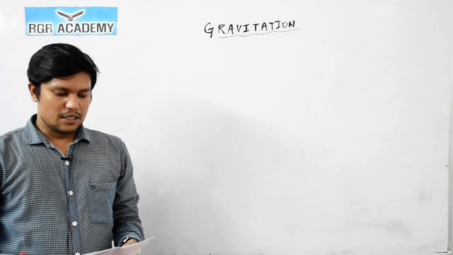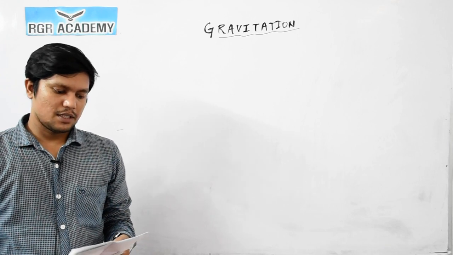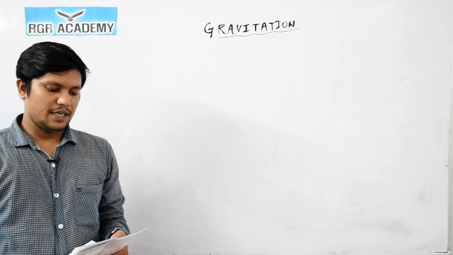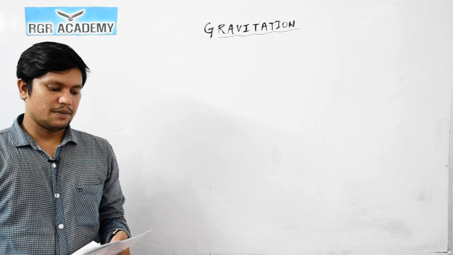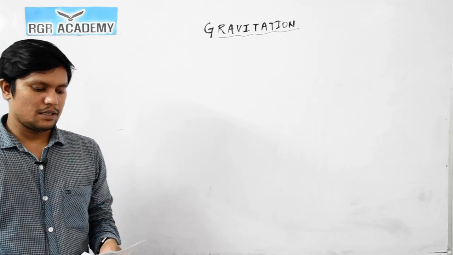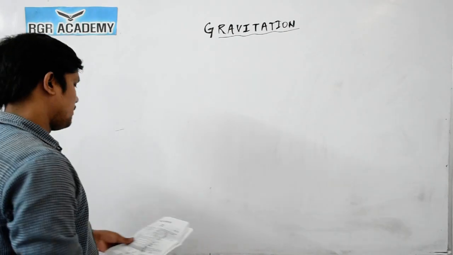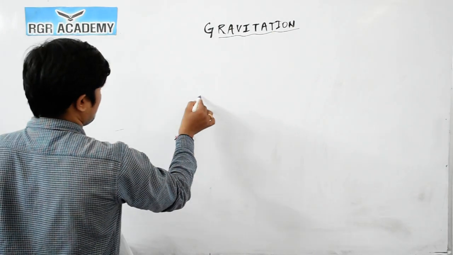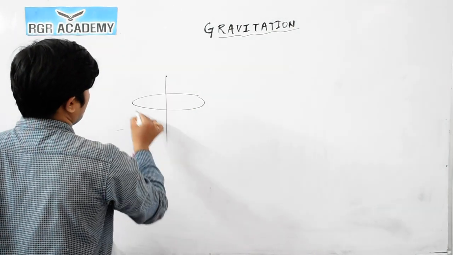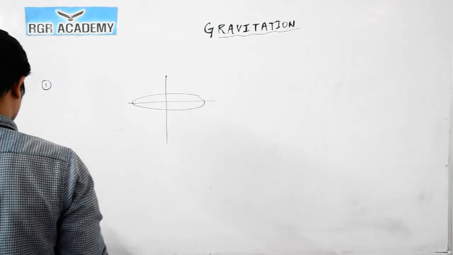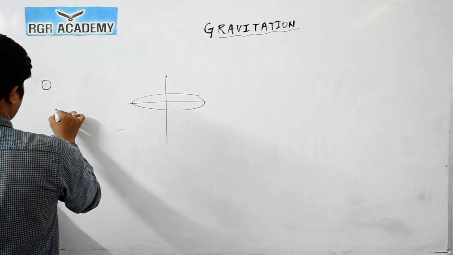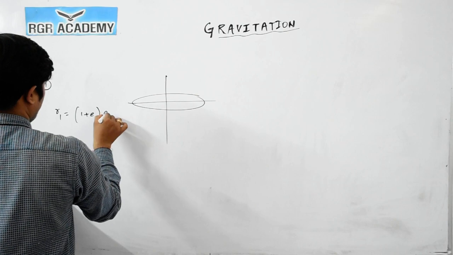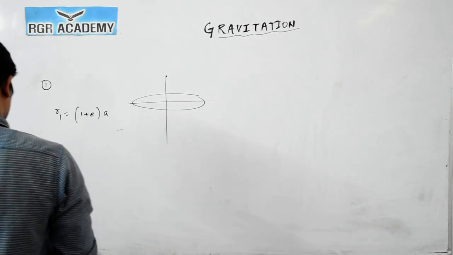the largest and the shortest distance of Earth from the Sun are R1 and R2. The distance from the Sun when it is at a perpendicular to the major axis of the orbit drawn from the Sun. Okay. So we know that the planets are revolving in an elliptical path like this. So the maximum distance and the minimum distance we can write as (1 plus e) into a, where a is the semi major axis.